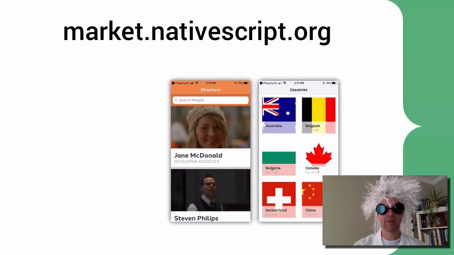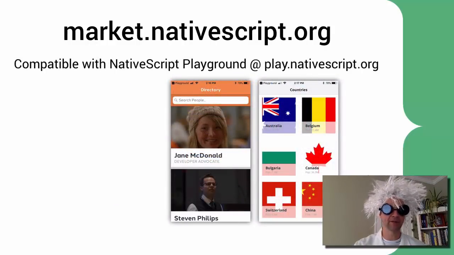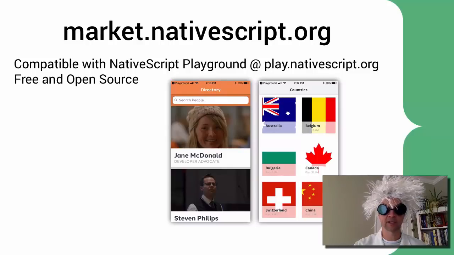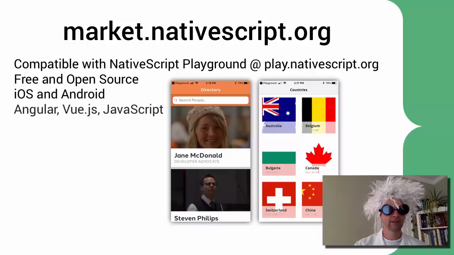Now, each code sample is fully compatible with the NativeScript Playground. This means you just need a web browser and your phone to view the app. All the code is free and open source and works equally well on both iOS and Android. And many of the samples also contain versions supporting Angular, Vue, and plain JavaScript. So check them out today at